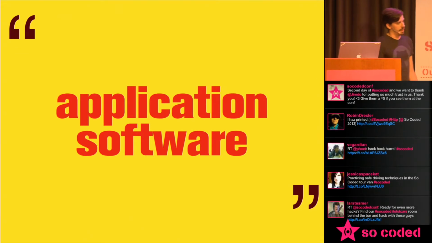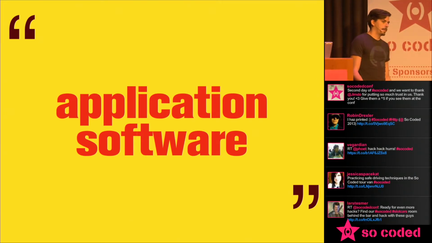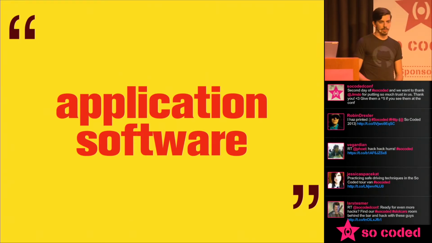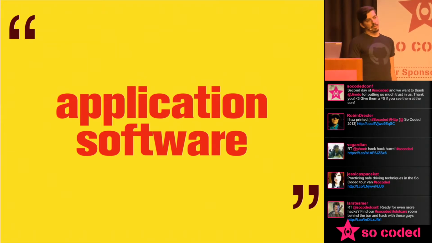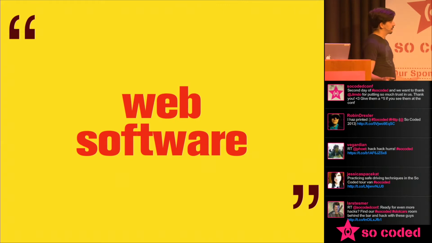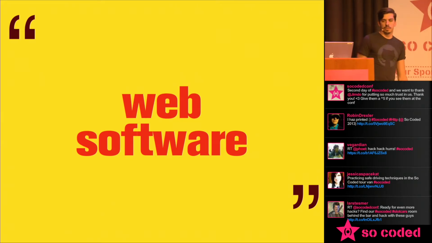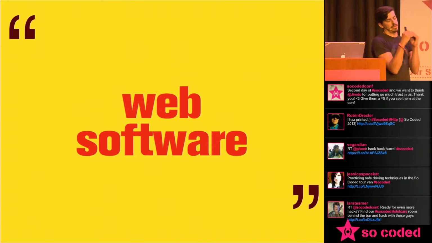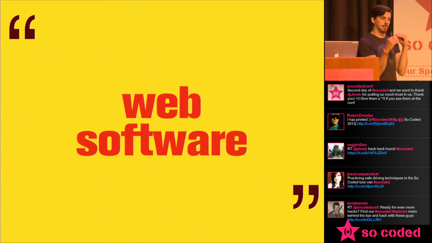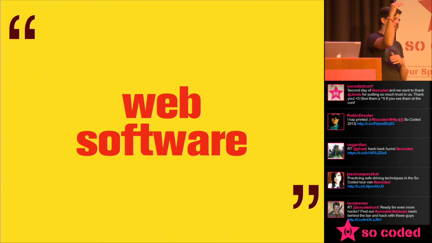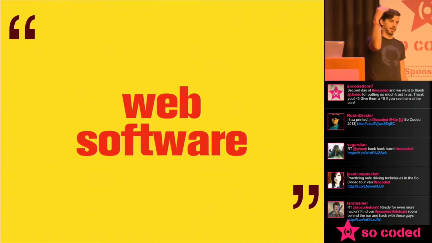So we're talking about application software. This could basically be anything, right? This could be an iPhone app. This could be a game, a video game, something that runs on a set-top box. But I'm going to talk about web software because I think most of us are web programmers. I'm definitely a web programmer. I mostly write Ruby on Rails. So I'm basically going to be talking about the software stack between the kernel and the hardware all the way up to the bottom of the application software that we write, so like the bottom of the Rails app.